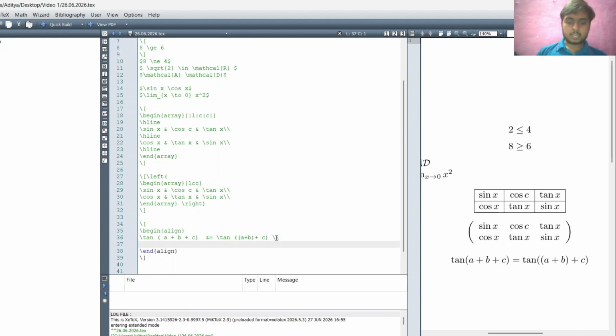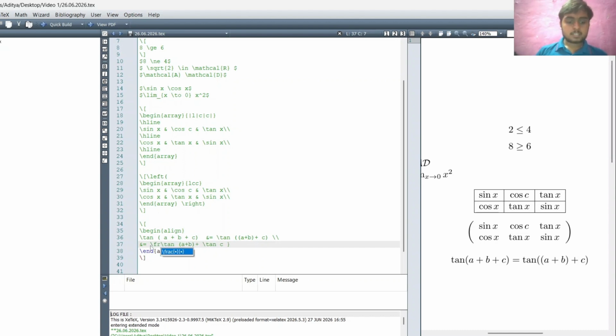So we'll use the and equal to, and the second line is tan a plus b plus tan c by. So I need a fraction here, so I'll use a backslash frac command. Fine.